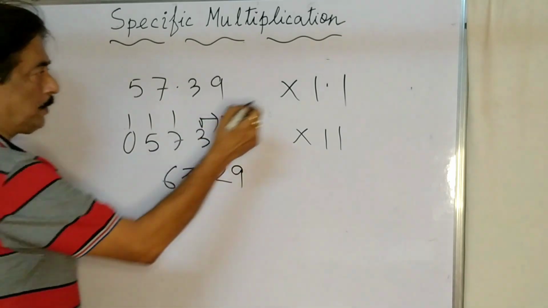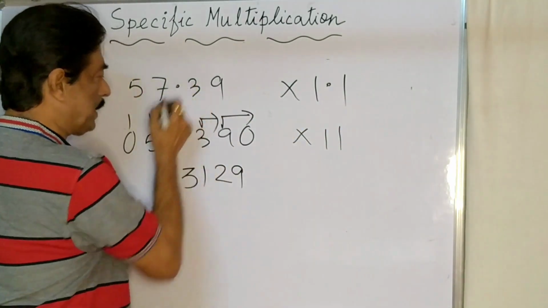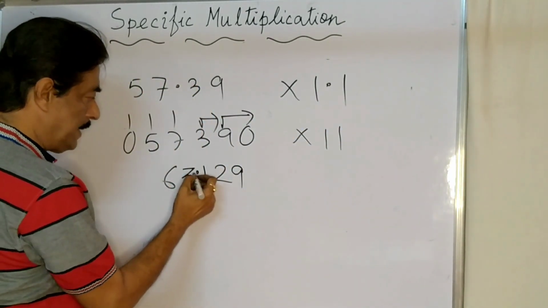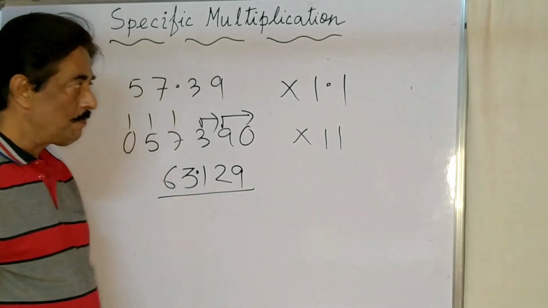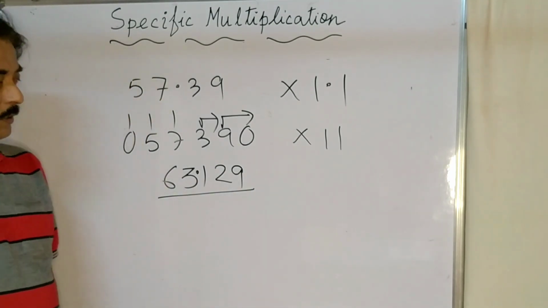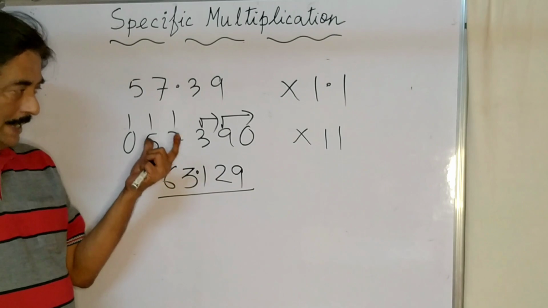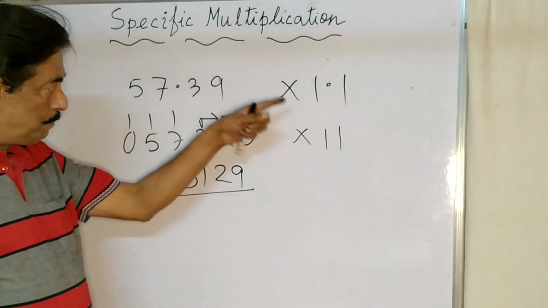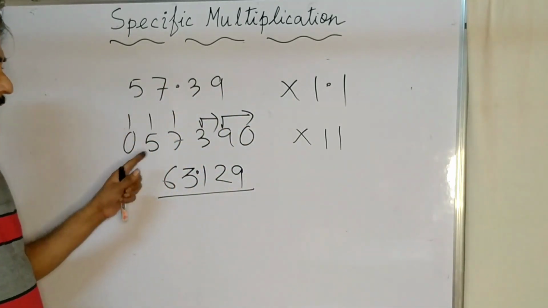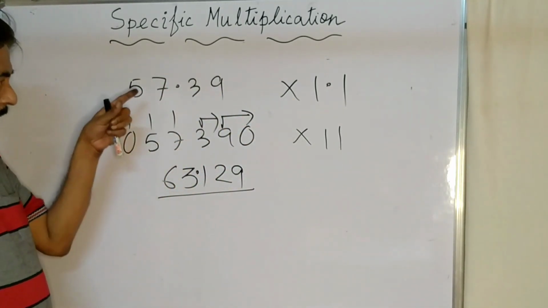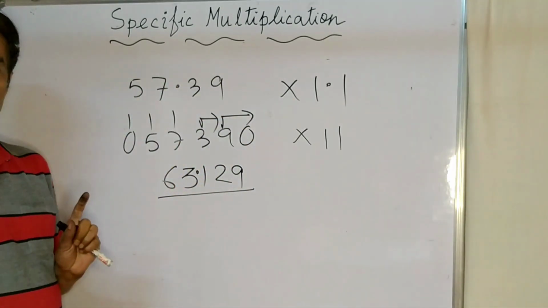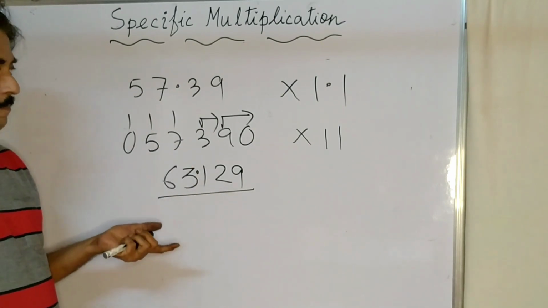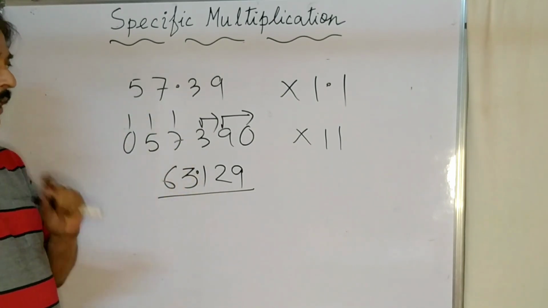So now, you have to put the decimal point 3 places from the right side, 1, 2, 3. So your answer, 63.129. In your future, when you are going for application in basic maths, in your normal mathematics, every moment you have to do this type of multiplication and you have to take advantage if any number is multiplied by 11. Next topic, any number multiplied by 111.